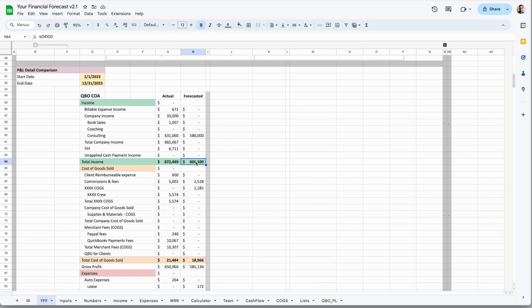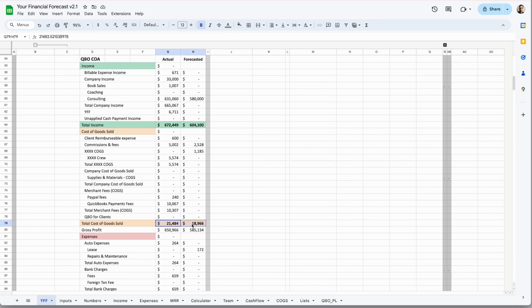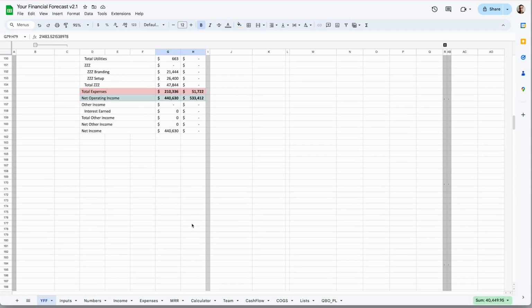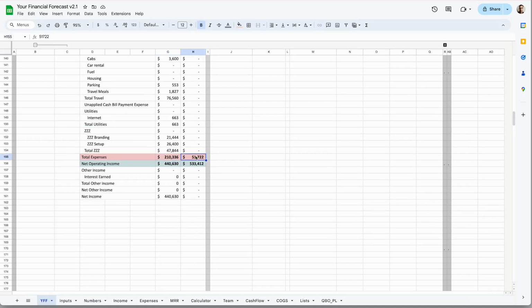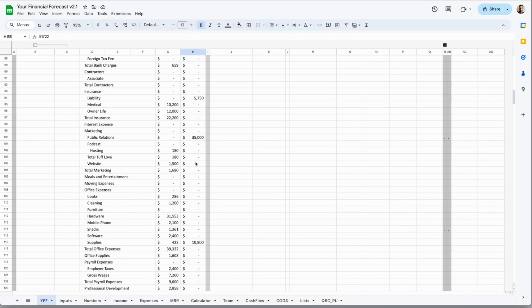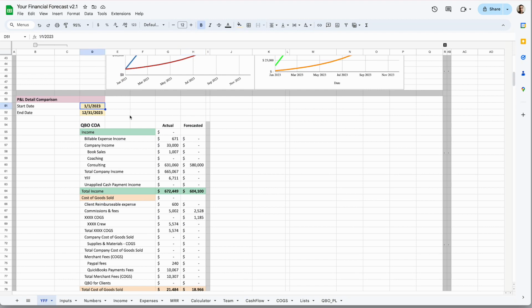Looks like our total income was pretty close. Our COGS was pretty close. But our expenses was very different. Again, just playing with dummy data. But you can see that if you want to say, all right, show me January,